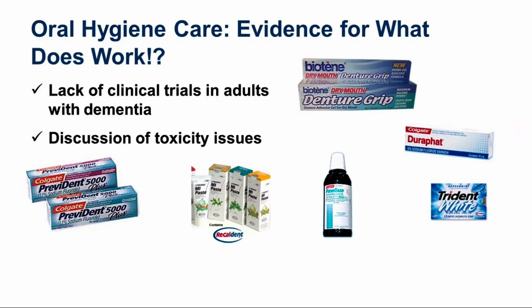Although there are not many clinical trials involving persons with dementia, some products have proven to be safe and effective. High fluoride prescription toothpastes, which have 5 times as much fluoride as regular fluoridated toothpastes, are particularly useful and should be started in persons with dementia as soon as possible. Other products, such as MI paste, can also be used to increase the efficacy of the fluoride and reduce the